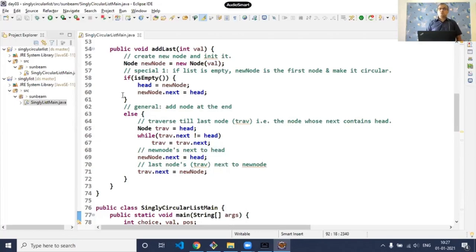Chalo, good. So right now we are able to write 2 functions, and not only that, we are even able to run the add last function and then the display function. So we are able to add the node at the end, and we are able to display those nodes. Things are going well. एक जगह पे हमने do while use किया है because वहां पर वो ज्यादा suitable था. यहाँ पर हमने normal use किया है. That is also good. अगर आपको add last समझ में आ गया,